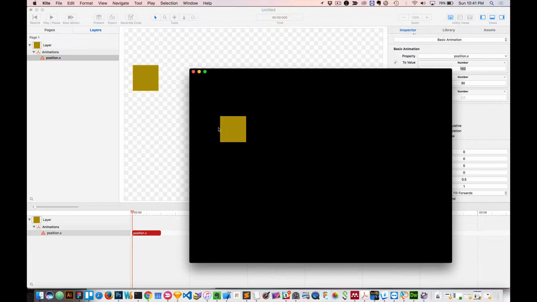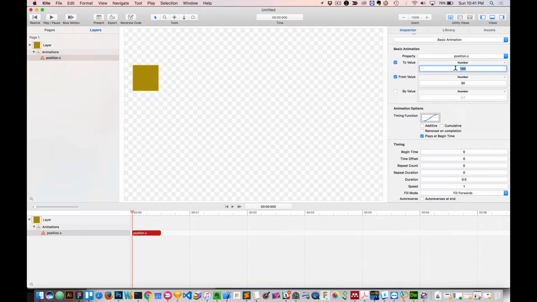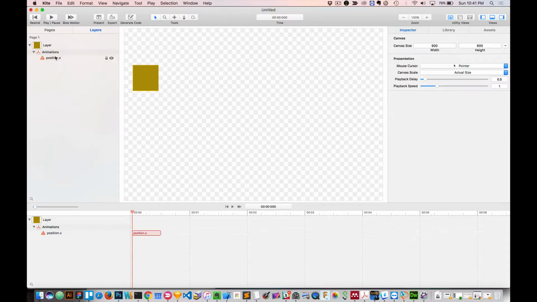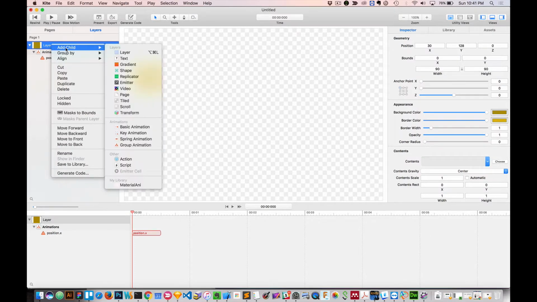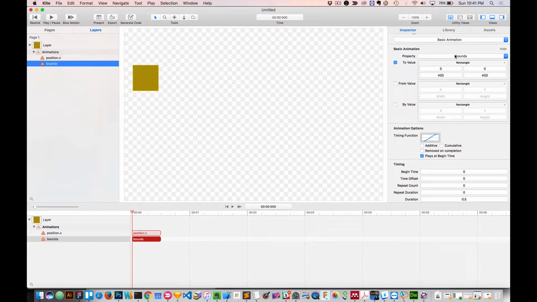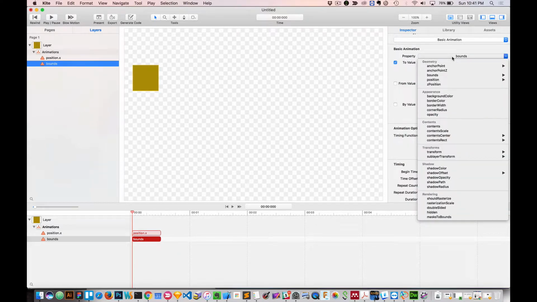However, you know what? I want it to move a little further. I want to move 400. But I also want it to scale. So if I do that, another way to add animation to this is to click on it, right click, and add another basic animation. This time, I want to change, let's just say, the opacity. So we'll say opacity,